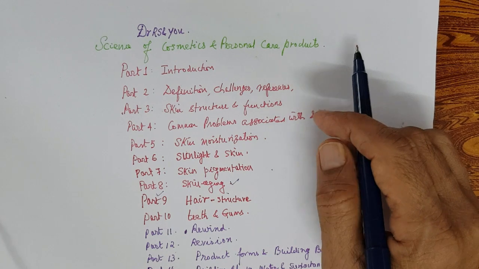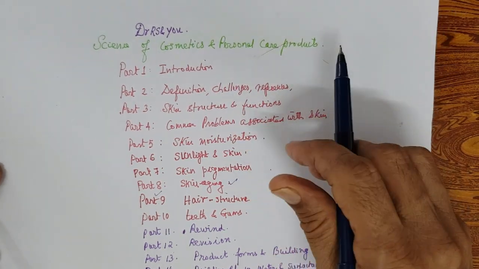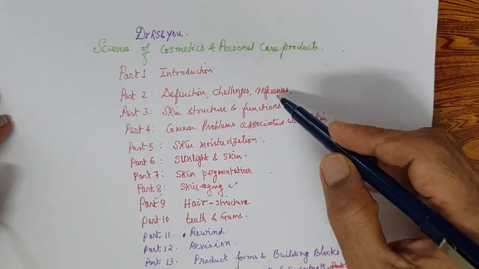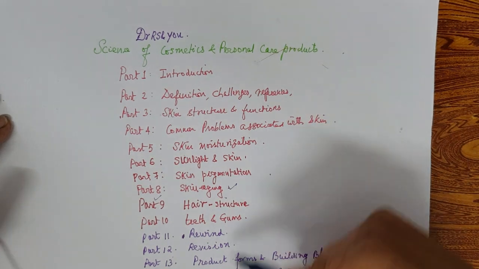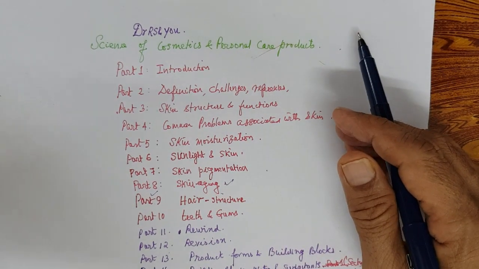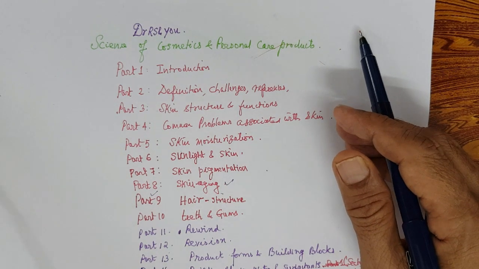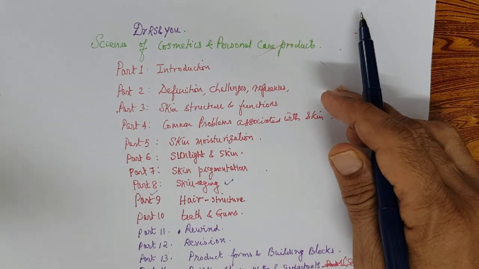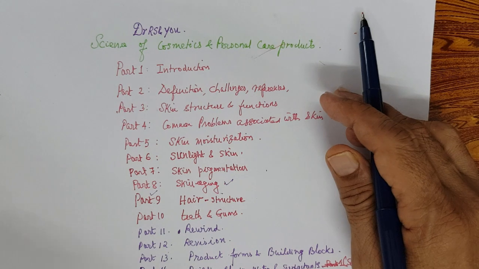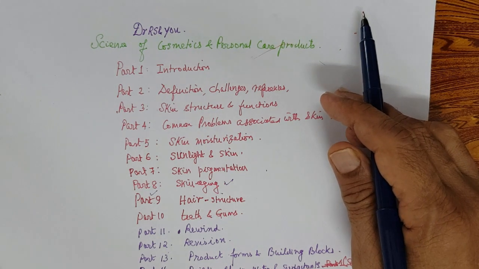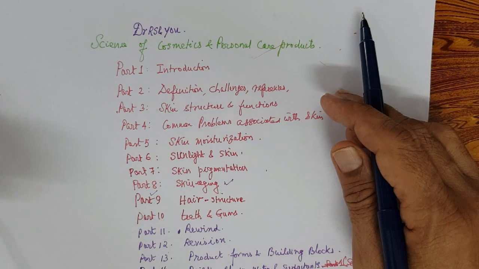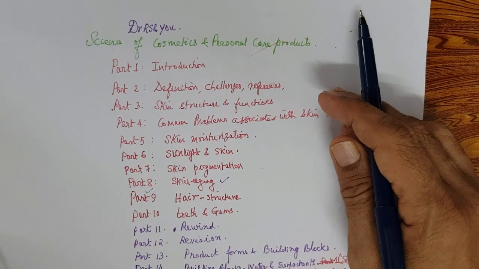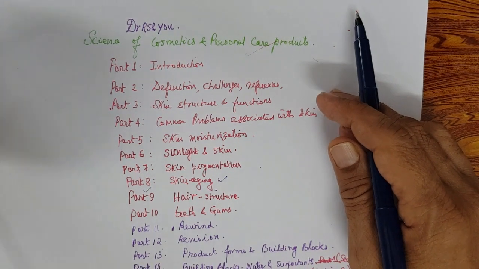I trust you have all seen part 1, the introduction, where I introduced myself and the purpose of the program. We have almost completed 18 parts, and each part is a continuation. When you see it part by part, there will be continuity in the understanding of the entire discussion. So I request people who have not seen the other parts to kindly go through part 2, part 3, part 4, and today we are in part 19.